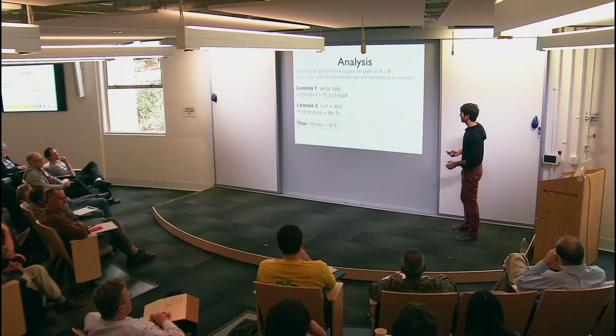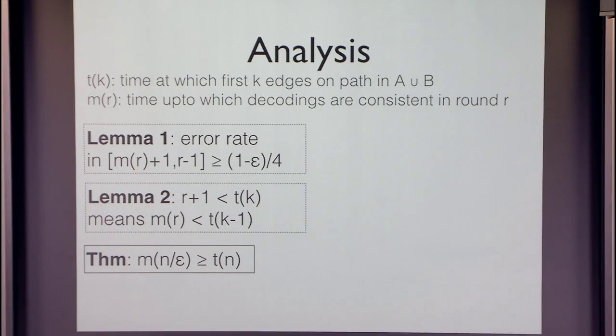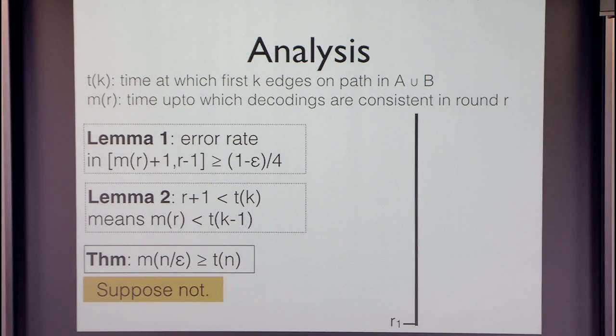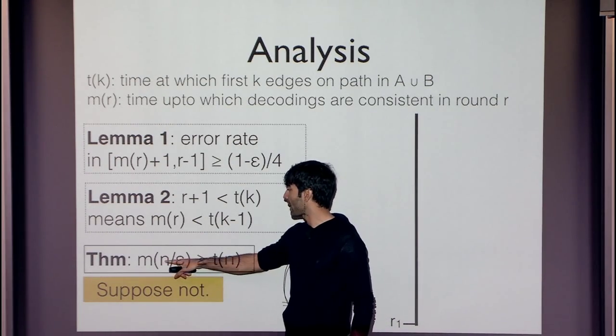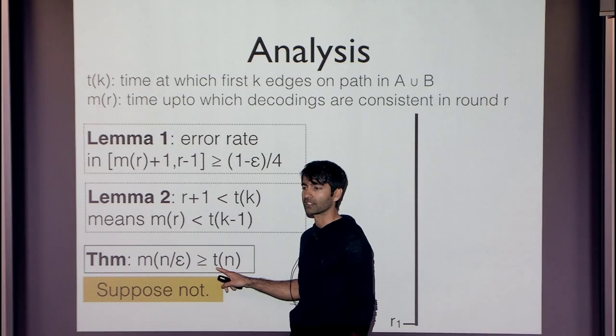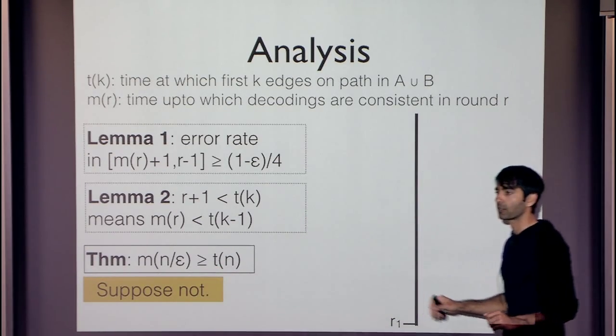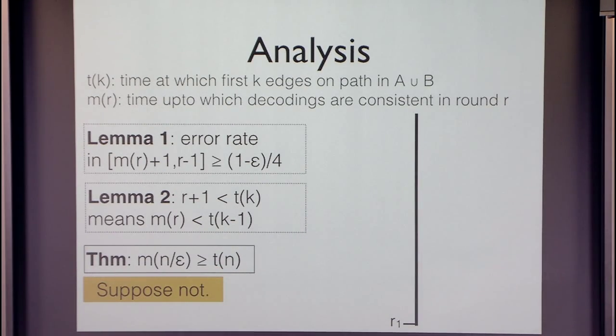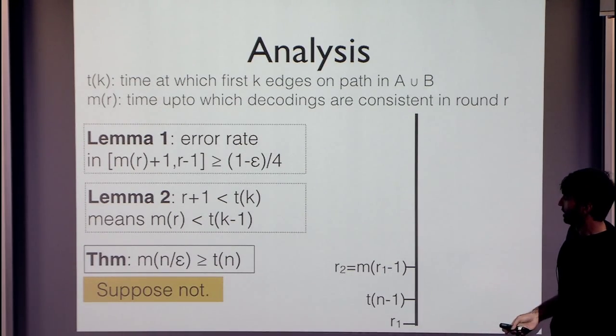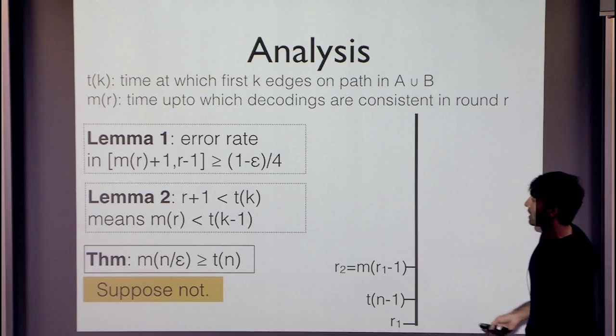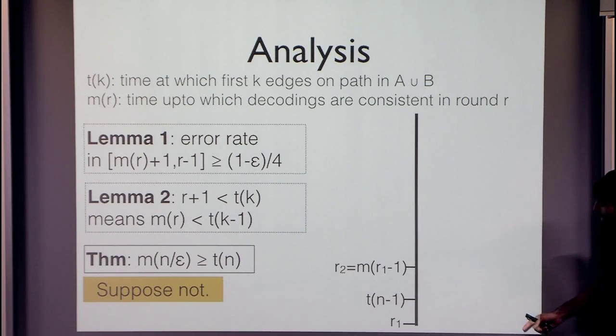Okay, so with these two lemmas now, we're basically down to the proof. We want to prove that in the last round, the M of the last round is at least T of n. That's what we argued would be enough to argue that the protocol is correct. Suppose that doesn't happen, then the picture should look like this, right? If M of the last round is less than T of n, then applying lemma 2, we get that